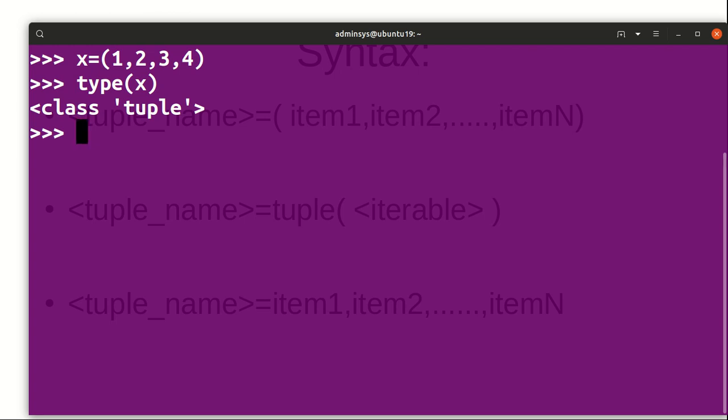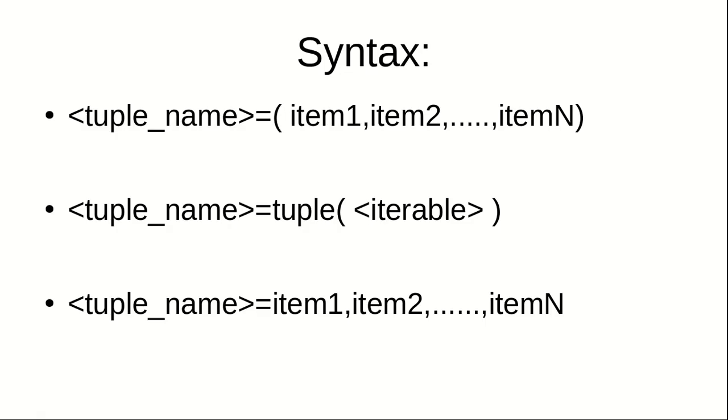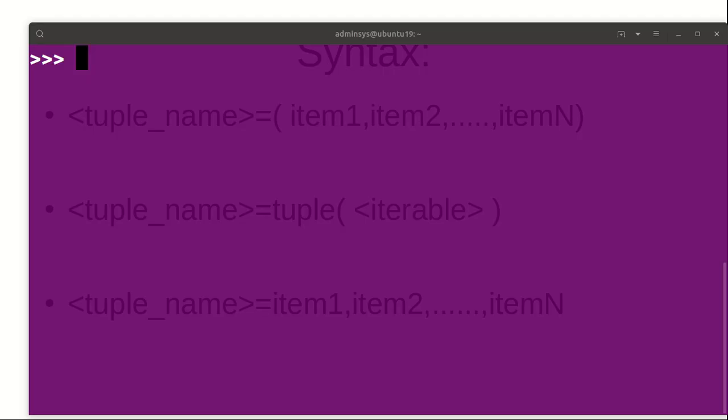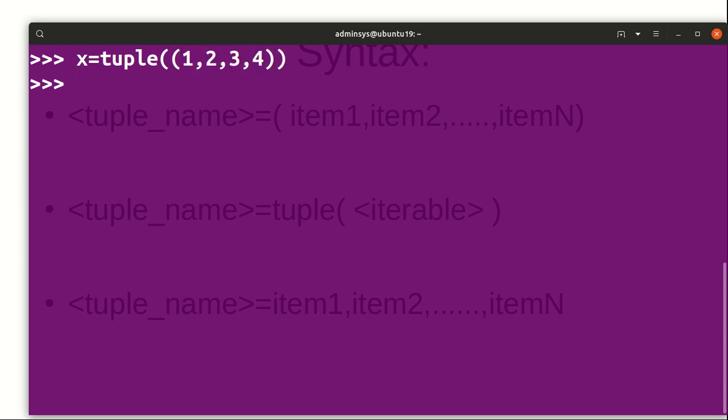This is the first form. In the second form, tuple name equal to the constructor tuple, and we need to pass an iterable inside this constructor. Let's say x equal to tuple of, and inside I pass an iterable. Now if I check the type of x, it returns class tuple.